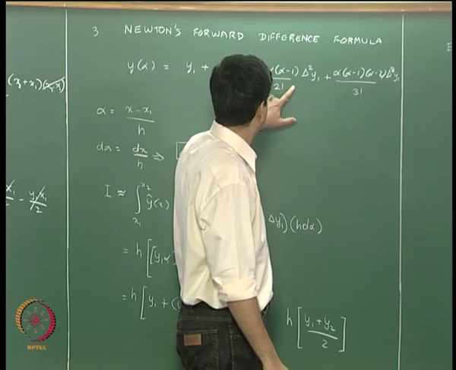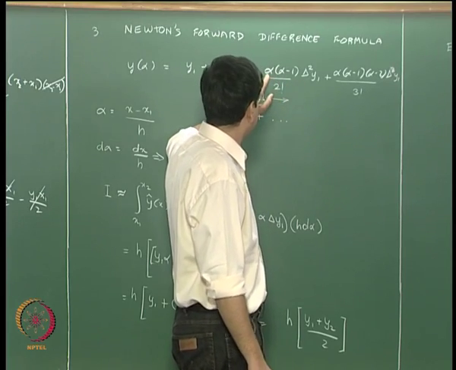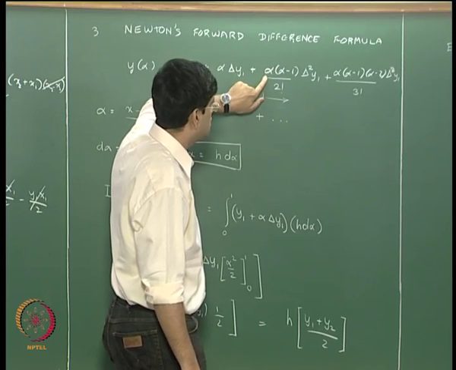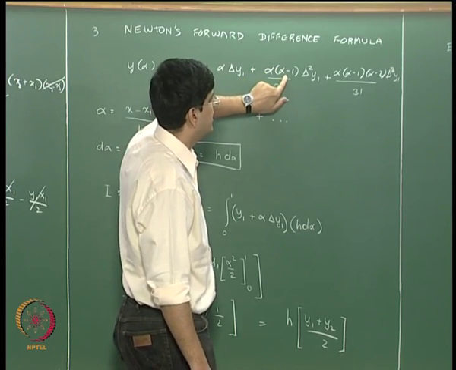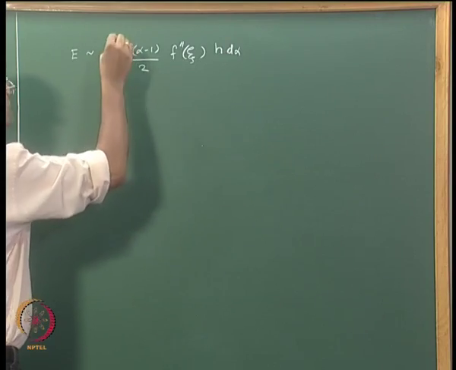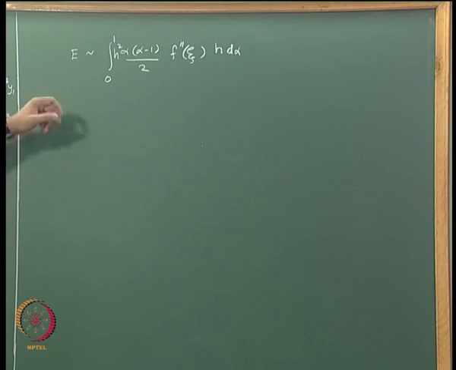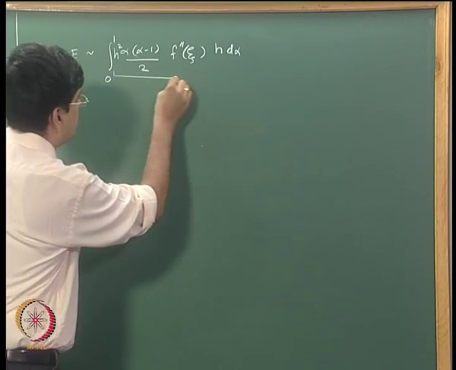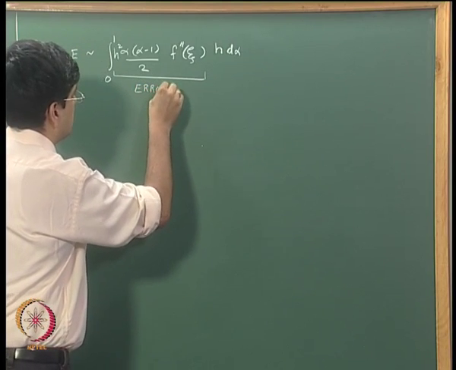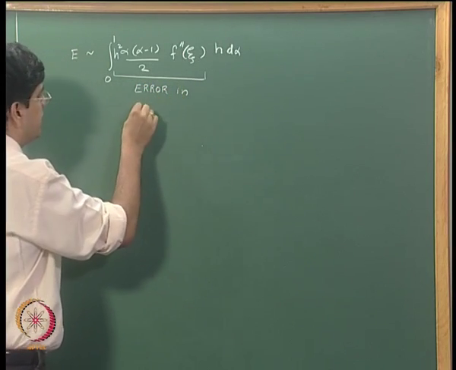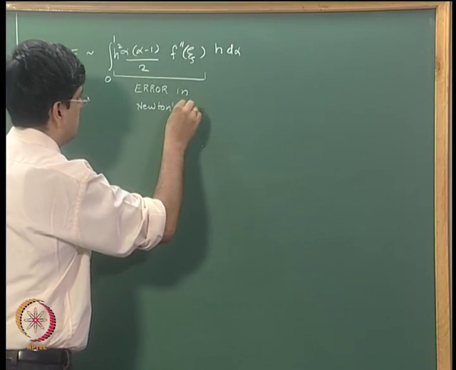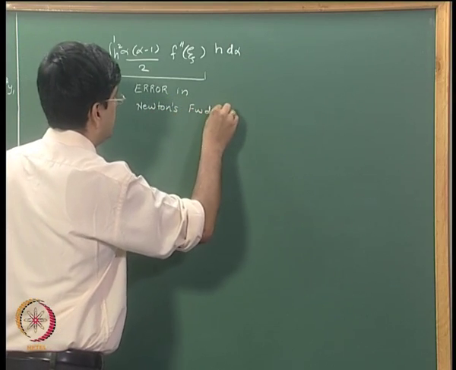And in addition to that, each of these is associated with h for this particular term and h for this particular term, so we will have an h square term over here, okay. This is the standard error in Newton's forward difference polynomial,